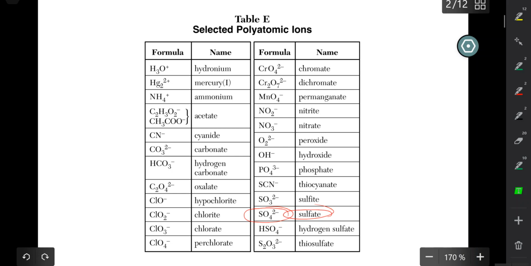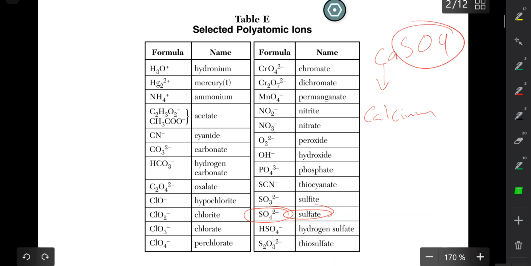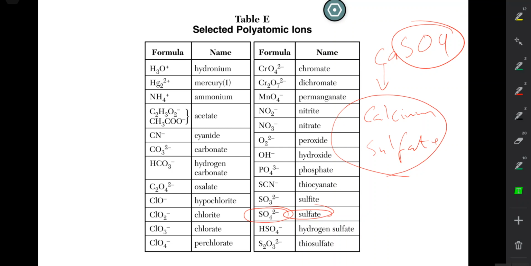Ending is -ate. Now, if I'm writing the name of CaSO4, all I do is write calcium, and I copy the name of this SO4 as it is. I'll just say calcium sulfate. You don't need to change endings. You don't need to do anything. So if it ends in -ate or -ite, you don't have to worry about changing anything. Okay? Notice I did not use Roman numerals here again because calcium does not have